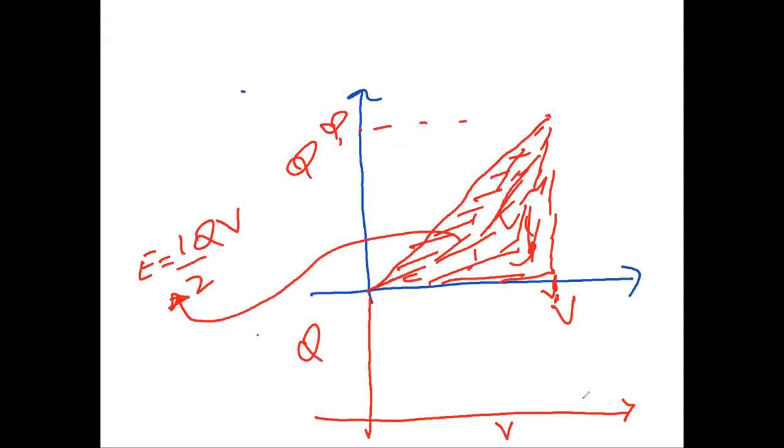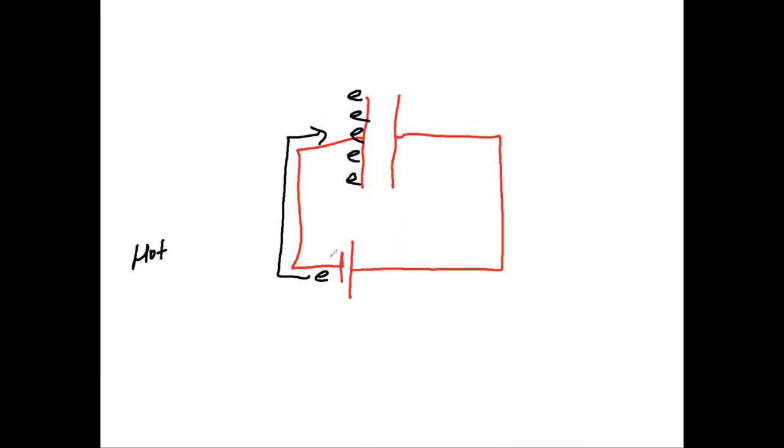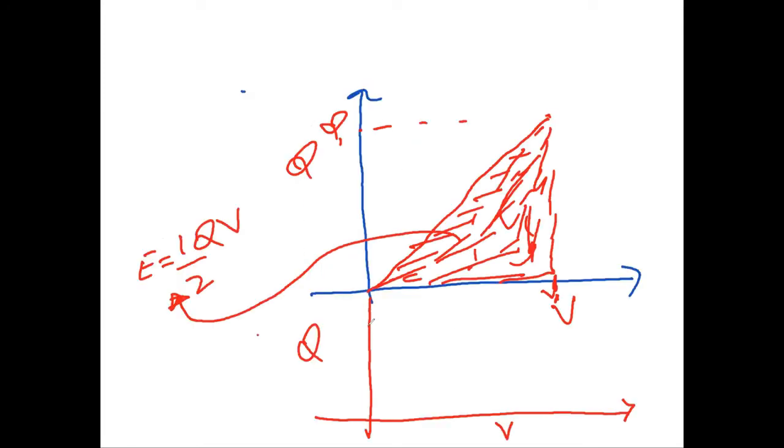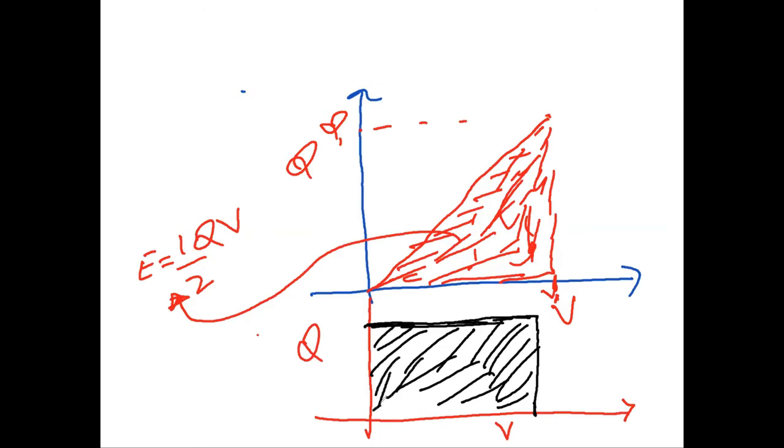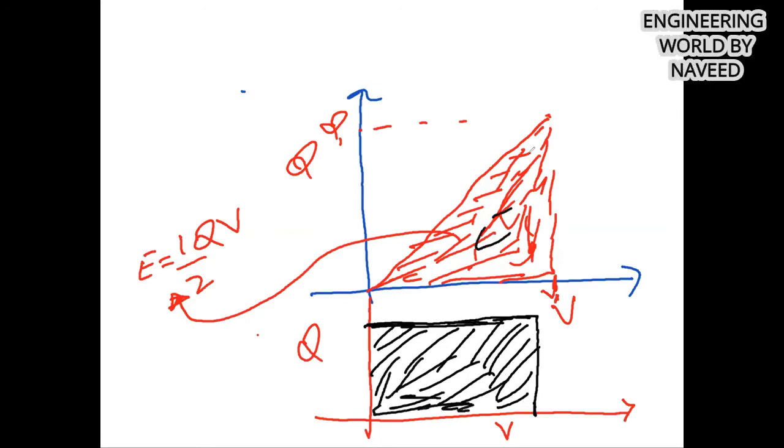Now, how much potential you will require to charge the capacitor will be equal to this. If you want to place this amount of charge on the capacitor, then you will require this amount of potential. So this will be the energy required to store this amount of charge, this amount of energy in the capacitor. Actually, this amount of energy will be released.